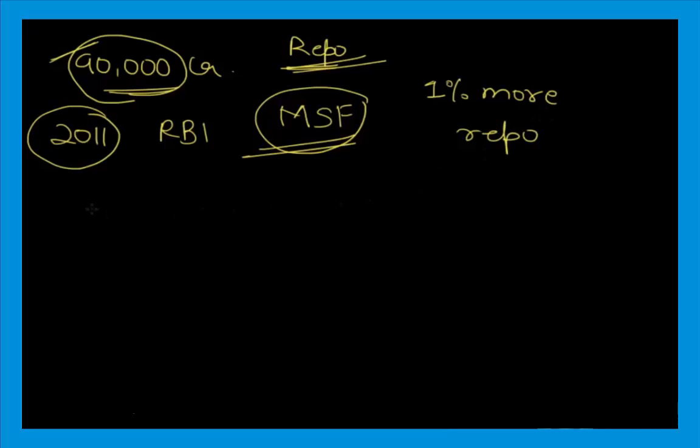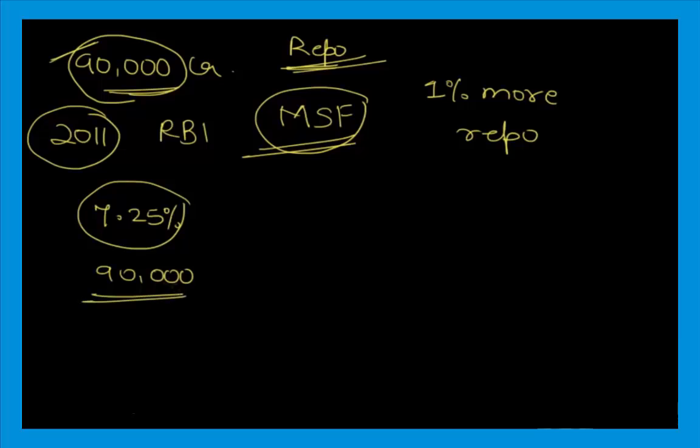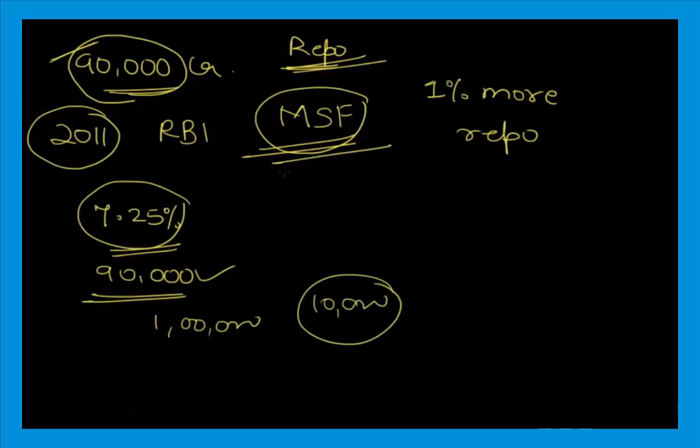So let's say the repo rate is 7.25% and the banks are borrowing 90,000 crore rupees in repo at 7.25%, but they want to borrow 1 lakh crore rupees. So the additional 10,000 crore rupees will be borrowed under the marginal standing facility,